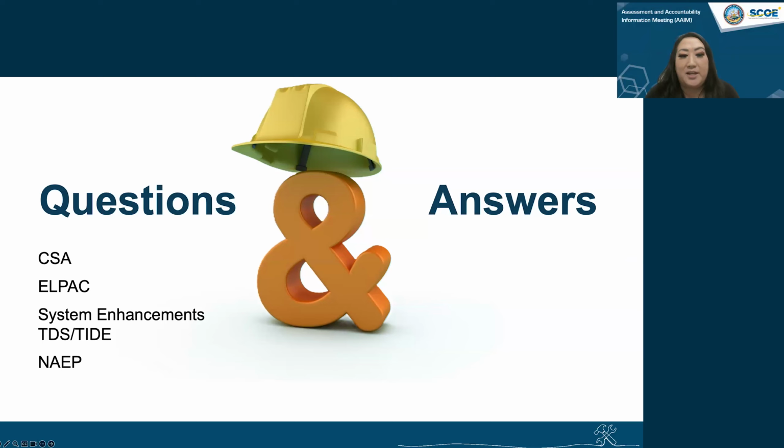How should teachers and case managers submit accommodation requests? And what is the correct procedure for entering and verifying these settings in TOMS to ensure students receive the correct support during testing? So teachers and case managers should work with their site and LEA coordinators to ensure that the correct accessibility resources, including accommodations, are assigned to the students.